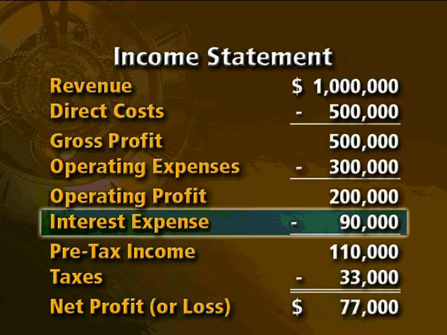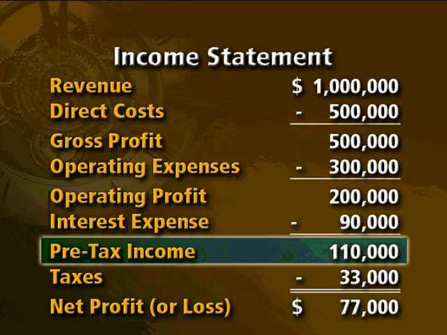In Jackie's case, her only interest expense is related to the mortgage that she has on her building. The mortgage is in the amount of $900,000, and she pays 10% interest. So her interest expense last year was $90,000. From her operating profit of $200,000, she must cover her interest expense of $90,000, leaving her with pre-tax income of